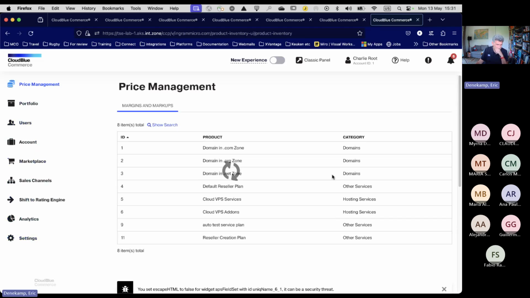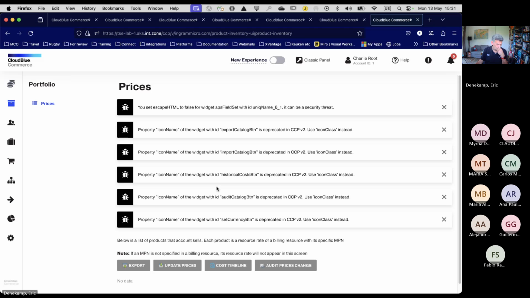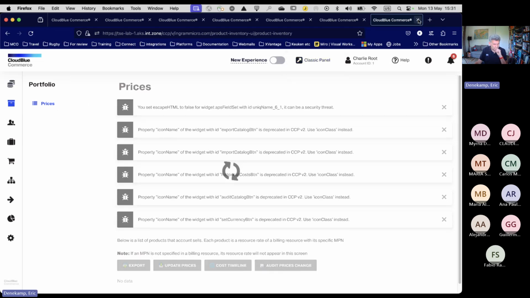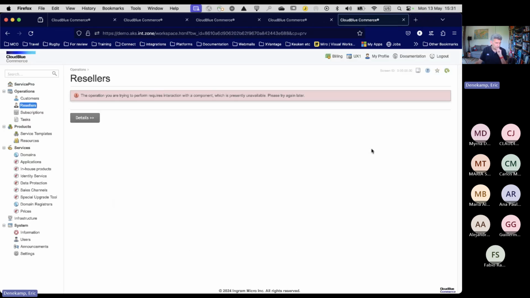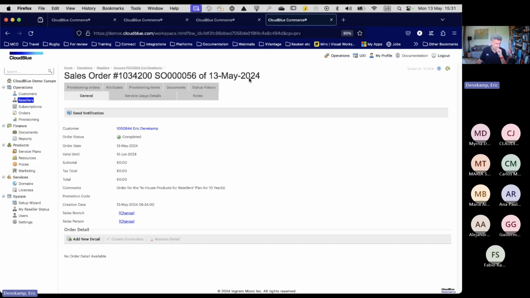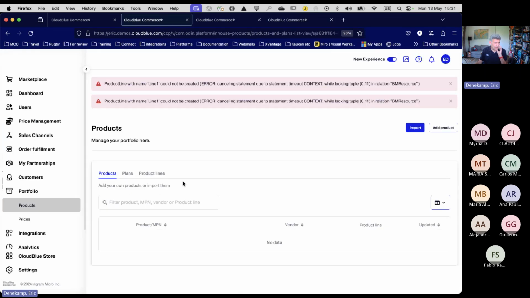Portfolio. This one is in debug mode, which is good, but I only have prices here. So no, I cannot sadly do the demonstration. What I wanted to show you is that the moment I create that,